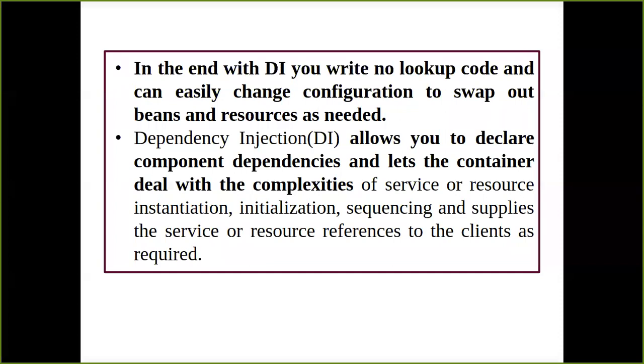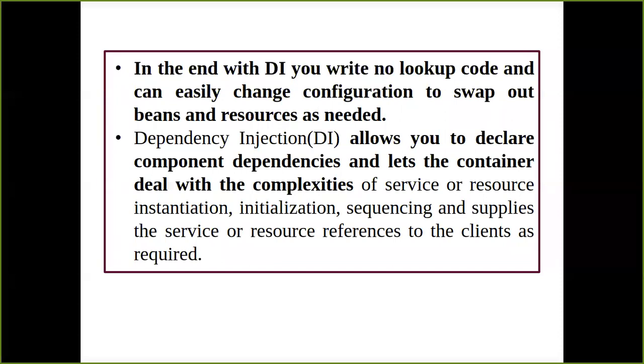Whenever we use the technology called Enterprise Java Bean, when we create an application, in all those steps of creating a project you have an option where you can implement dependency injection, like you add the web.xml file by checking it. You can insert the dependency injection inside the container of your server, inside the EJB container. Once you have done that, you don't need to write the lookup code in your program. But if you are not including dependency injection in your program as a developer, then you need to write a lookup code.